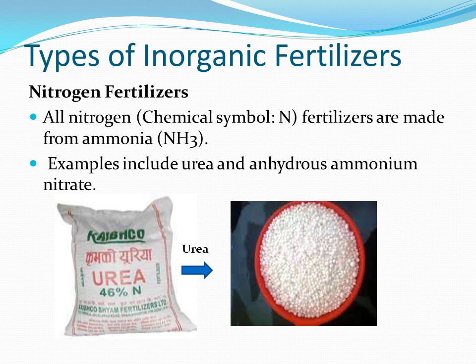Now coming to types of inorganic fertilizers. There are 3 types of inorganic fertilizers: nitrogen fertilizers, potassium fertilizers and phosphate fertilizers. First we will discuss nitrogen fertilizers. All these nitrogen fertilizers are made from ammonia. And examples of nitrogen fertilizers include urea